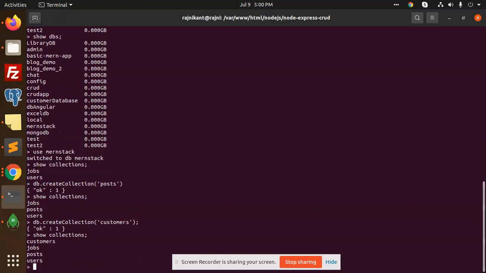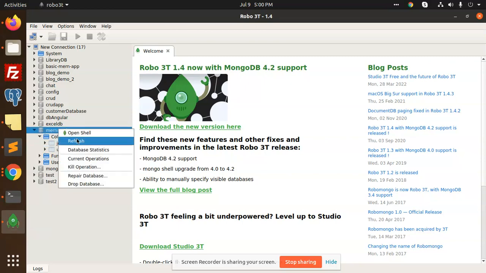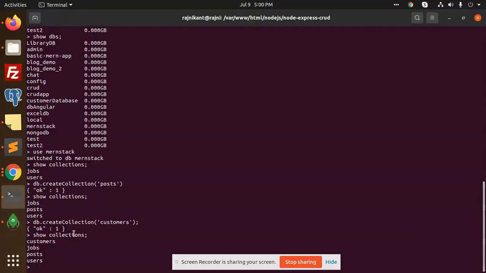Okay, and see, customers, db.createCollection, customers, jobs, posts and users. You can see that over here. I can refresh the database, refresh, and we have customers and posts also. Okay, so this is how we can create the collections, or you can say tables, in the databases